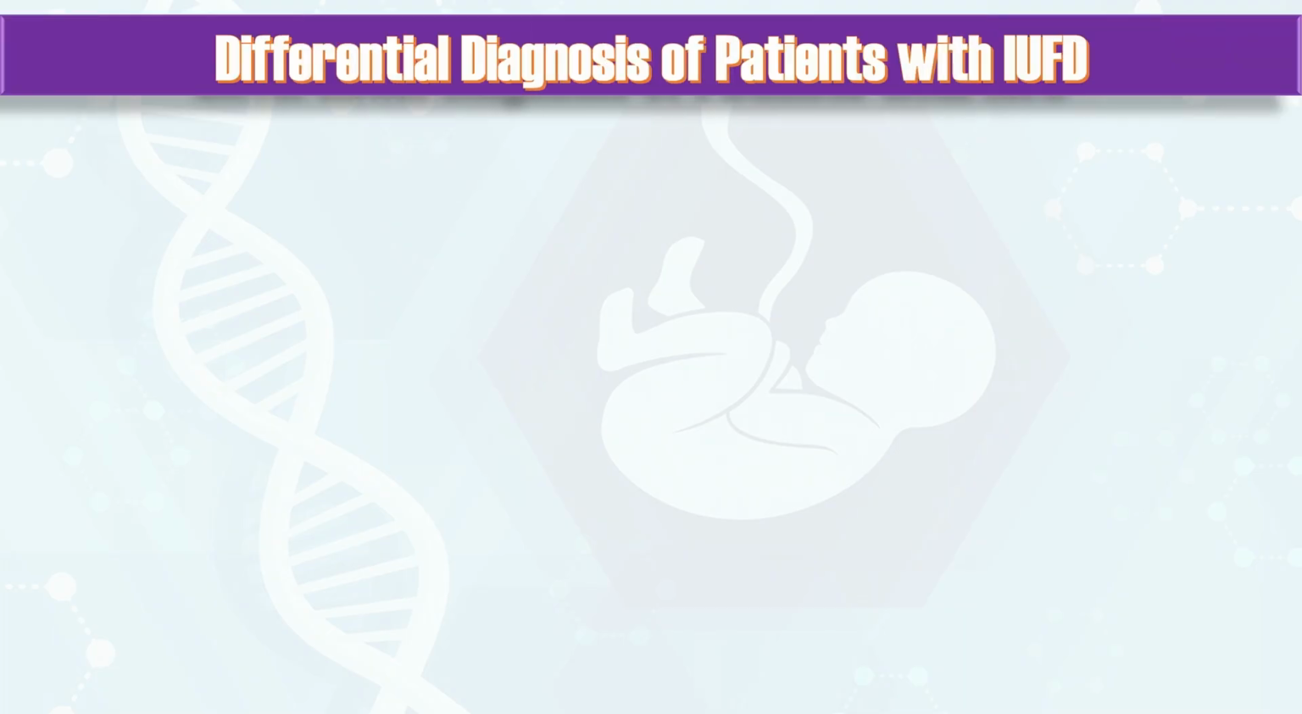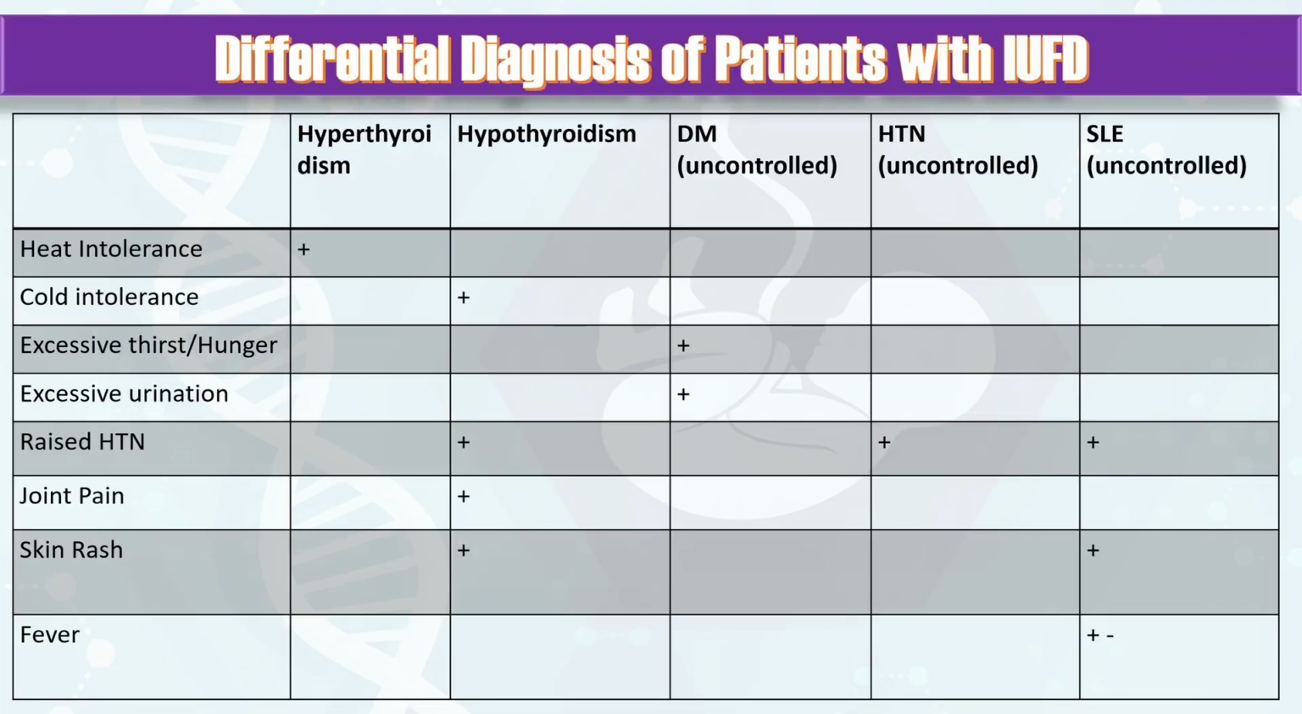Then, in the differential diagnosis of a patient with IUFD, ask several questions like heat intolerance for hyperthyroidism, cold intolerance for hypothyroidism, excessive thirst or hunger for diabetes mellitus. If it is uncontrolled, that is also a cause of IUFD. Also, excessive urination is another question for it, and ask about raised blood pressure to assess whether she has hypertension as a cause of IUFD or not, which, if uncontrolled,